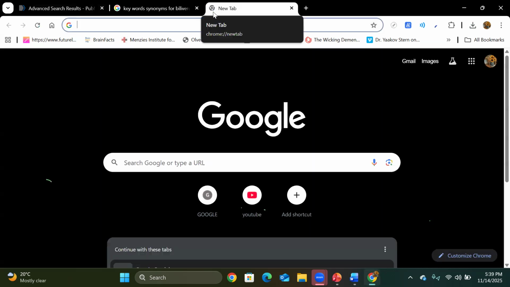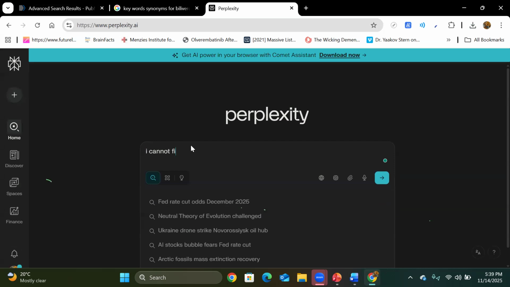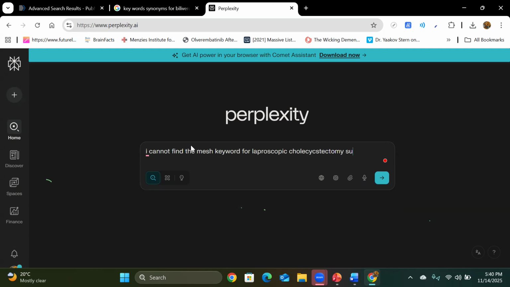In this case also, you will be using AI properly, and that is also encouraged. You will write here that I cannot find the MeSH keyword for, say, laparoscopic cholecystectomy. Suggest me keywords, and you will be using all those keywords that it will suggest.